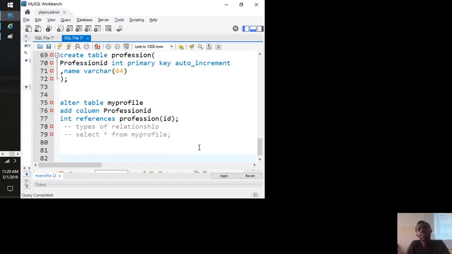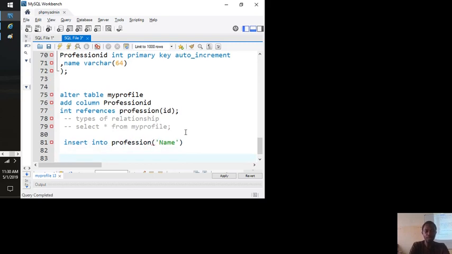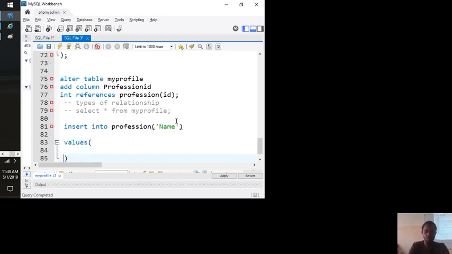Let's enter data into the profession. So insert into profession, and we are already set in the name. The system will add the IDs for us automatically. So name, insert into profession, values, let's say accountant,